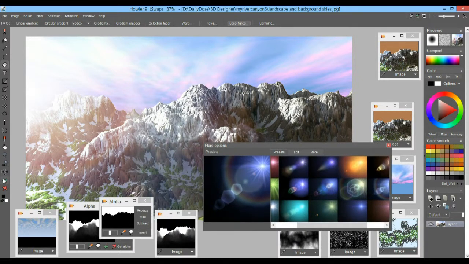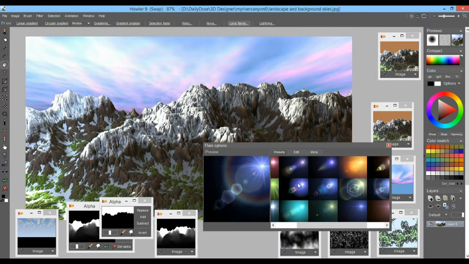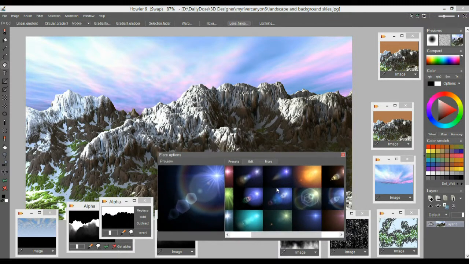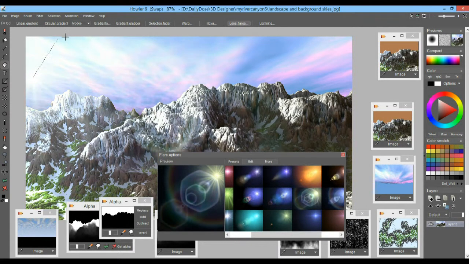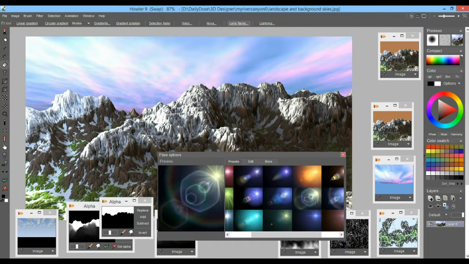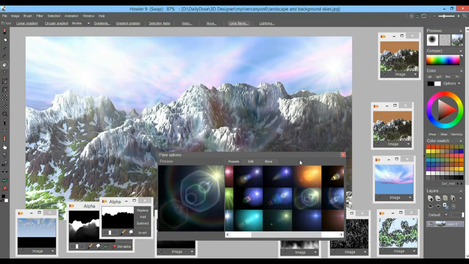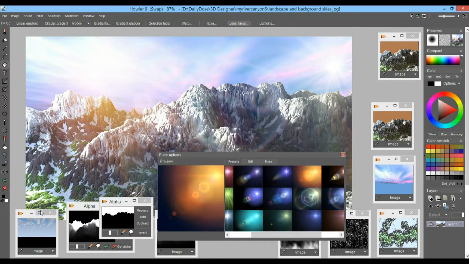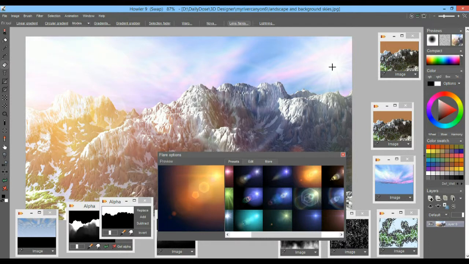There's also one thing, of course, to blur it a little bit with the lens flares here. You could put a light here somewhere, and you always want to make sure it matches somewhat where the light actually is, based on the shading that you had on the 3D rendering, right? You don't want the sun here when this part is being lit by the sun, unless you're on a planet with two suns. So there's usually a red giant there. So let's put something like this here, red giant on the left, kind of a blue new one on the